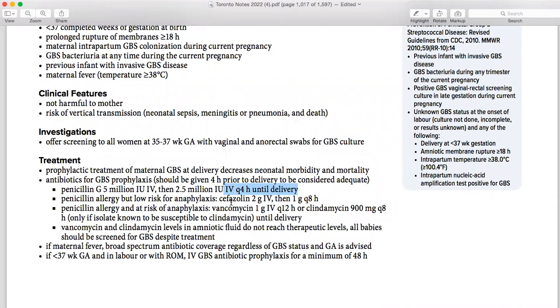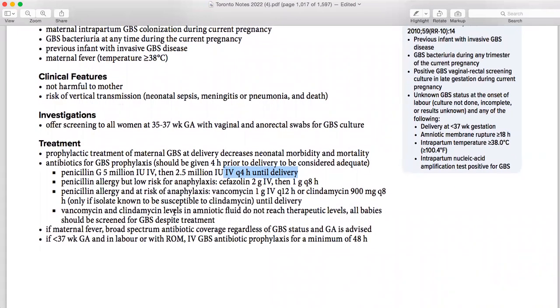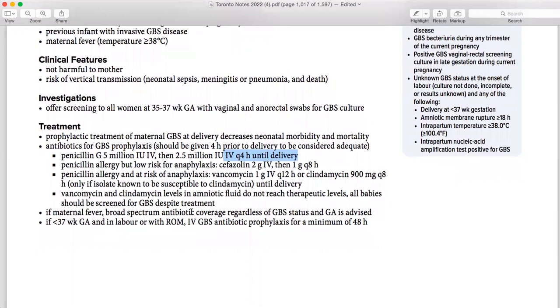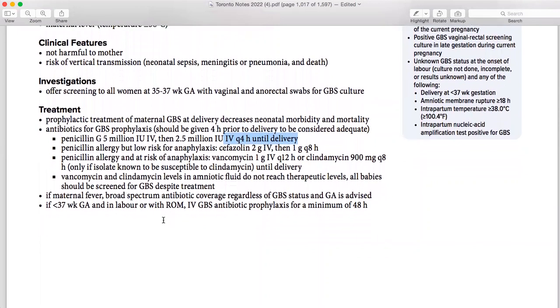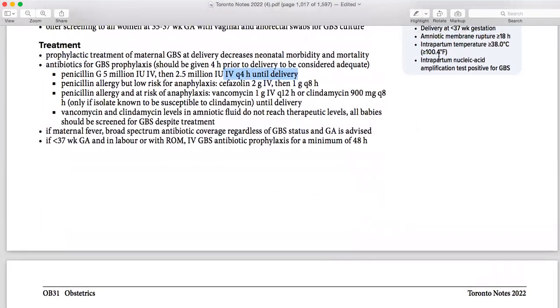But if she is having high risk, you have to switch to vancomycin or clindamycin until proven otherwise. Then vancomycin and clindamycin levels in the amniotic fluid do not reach therapeutic level. All babies should be screened for the GBS. If the mother has fever, broad spectrum coverage, GBS status, GA is advised. So if it's less than 37 weeks in labor or in rupture of membrane, IV GBS antibiotic prophylaxis of a minimum 48 hours should be given. So I think we will cover our